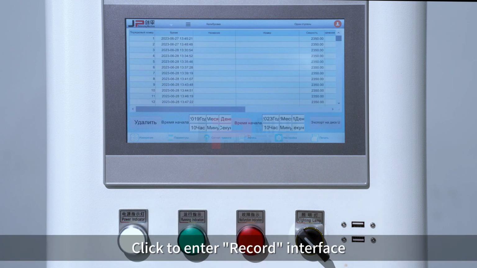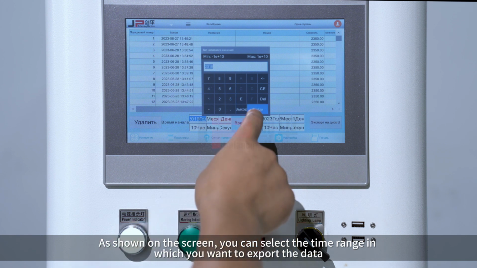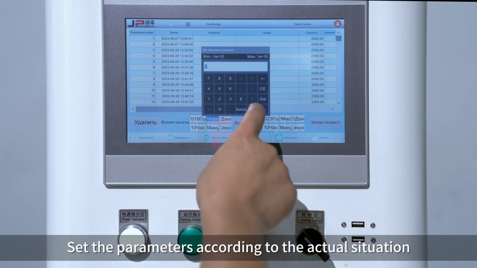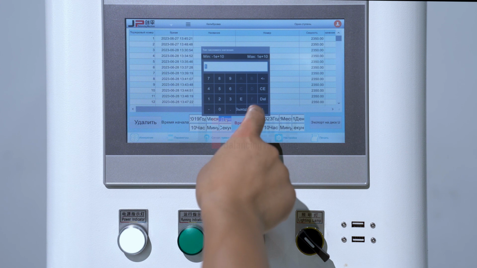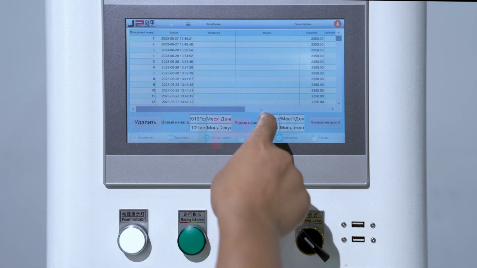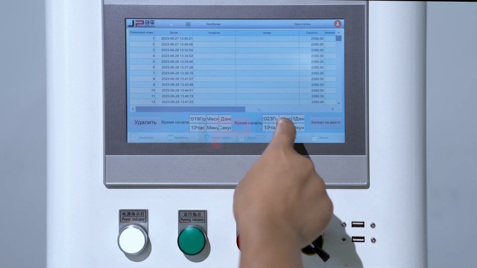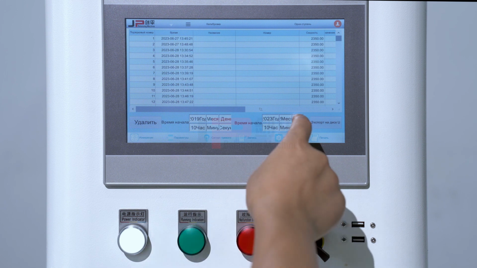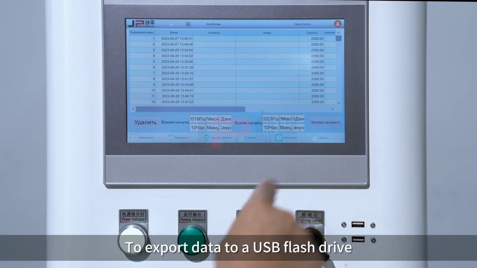Click to enter record interface. As shown on the screen, you can select the time range in which you want to export the data, set the parameters according to the actual situation. To export data to a USB flash drive,